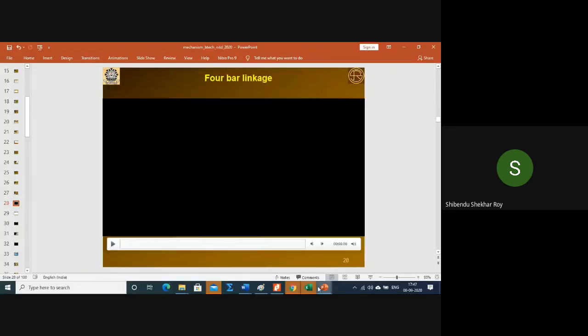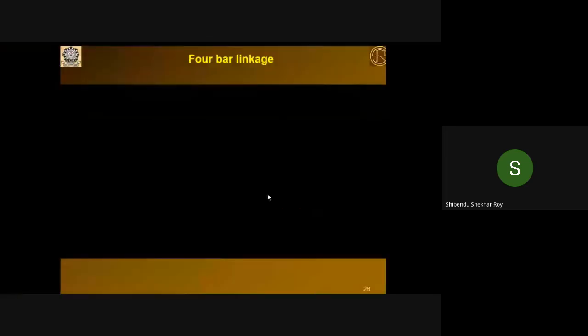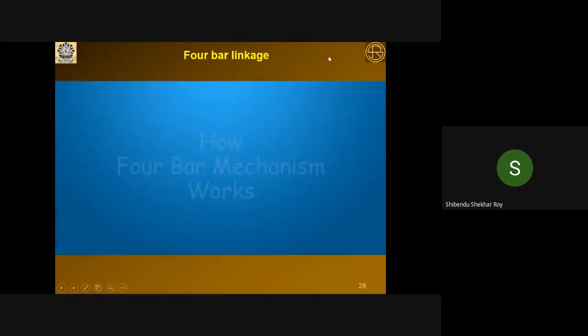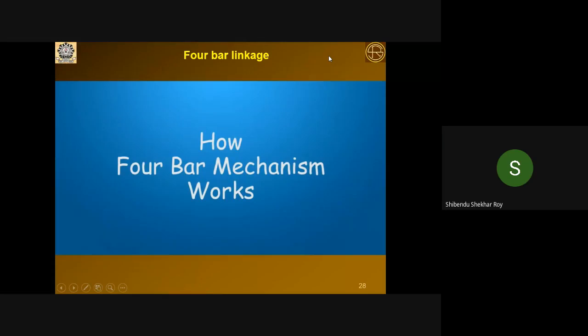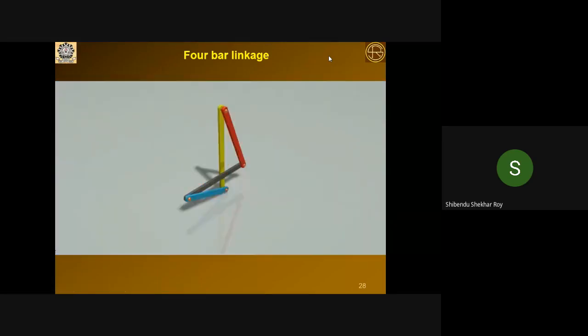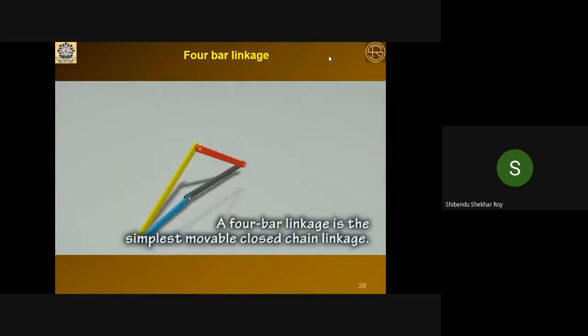Now I would like to show you that very basic mechanism in your machine theory, where there are 4 links, 4 joints, and all 4 joints are revolute type. So please see properly. This is the most fundamental mechanism used in